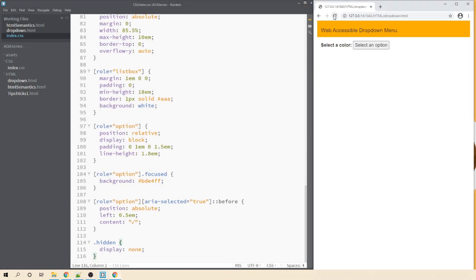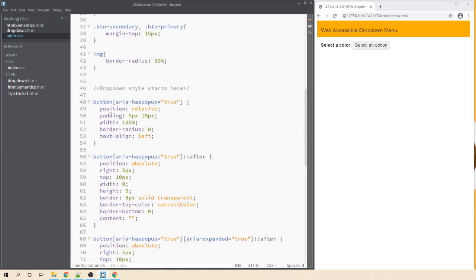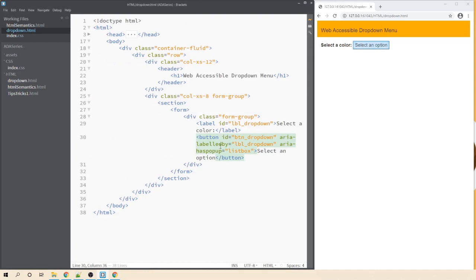Let's refresh our page. The styles have been applied because if I go back to my drop down, I gave aria-haspopup equals to listbox. It should be true. Now when I gave it true, all my stylings that I just added are applied. Now we have our button on click of which we want a list to open up below, and that will hold the other values. Now let's go ahead and create that list.